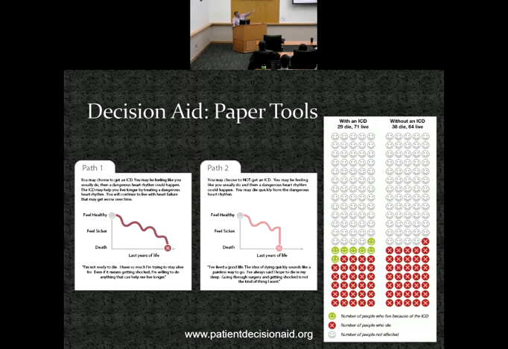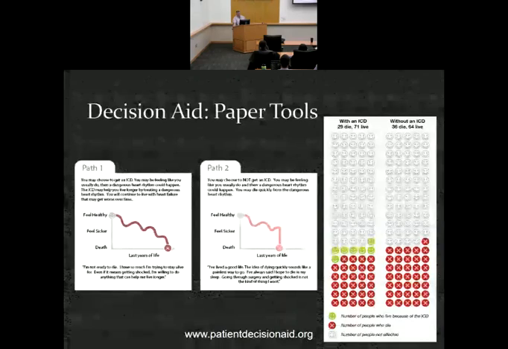We use some imagined future scenarios. You can't read them, but we try to use a quote at the bottom showing that both options are reasonable. On the left: I'm not ready to die. I have so much I'm trying to stay alive for, even if it means getting shocked. I'm willing to do anything that can help me live longer. Versus on the other side: I've lived a good life. The idea of dying quickly sounds like a painless way to go. I've always said I hope to die in my sleep. Going through surgery and getting shocked is not the kind of thing I want. So we're trying to frame both things as reasonable, framing both about what your life is like with the device.